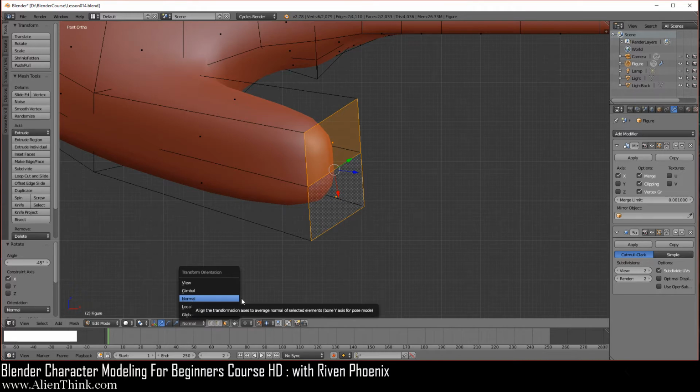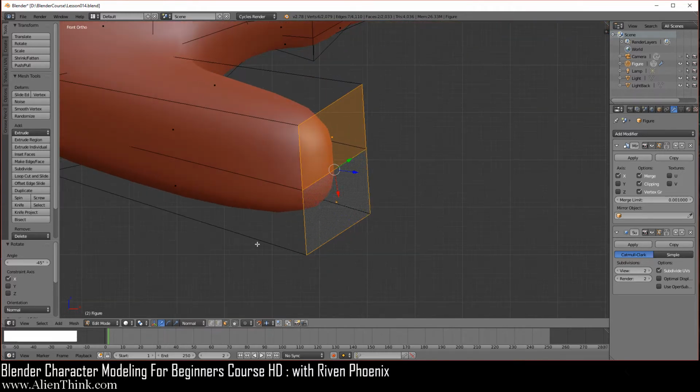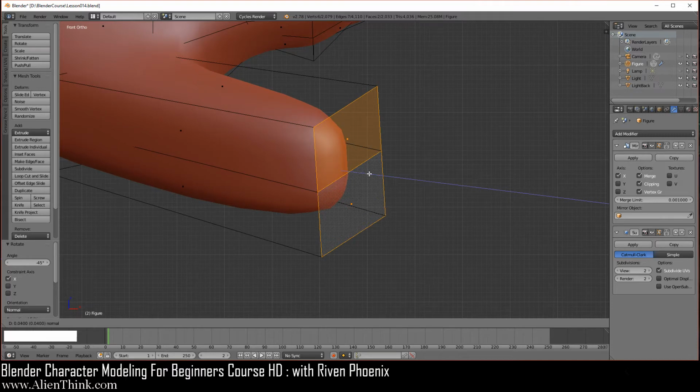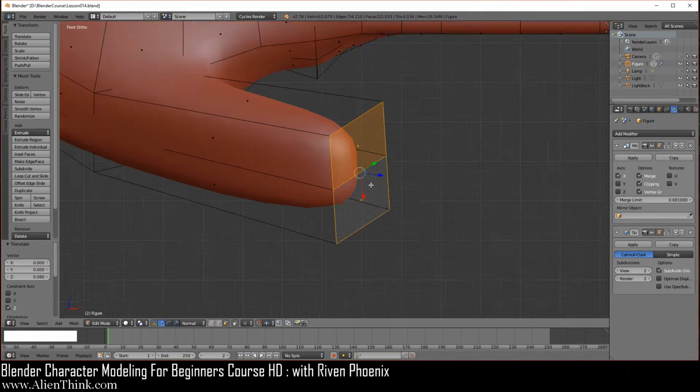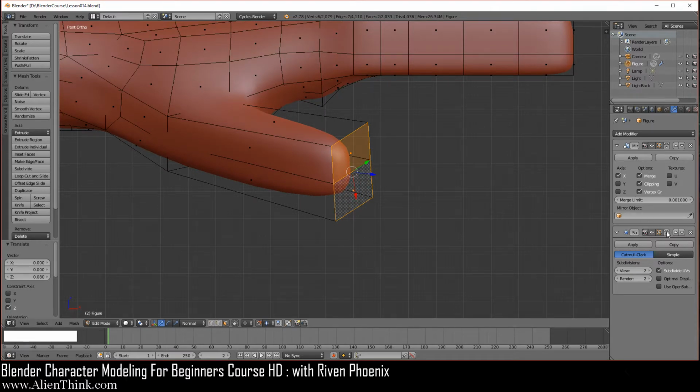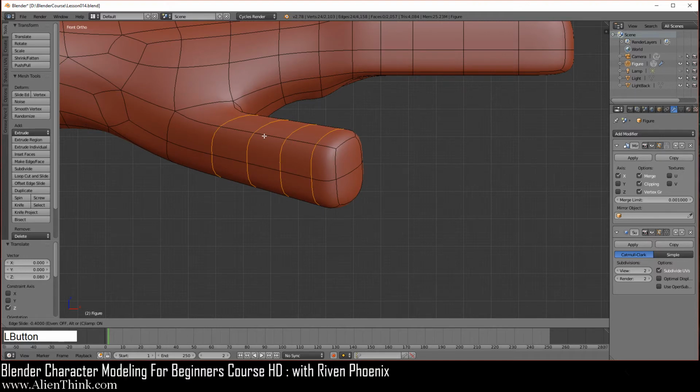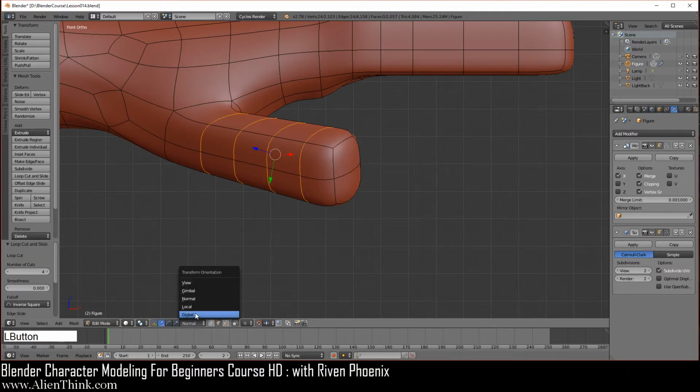Okay, so what we're going to do now, since we're still in normals, we're going to click on this blue arrow, and remember the small grid units over here, I'm going to bring it out 8 nudges. So it's going to be 1, 2, 3, 4, 5, 6, 7, and then 8. Okay, now we're going to go ahead and click this again to go back to the subdivision modifier. Control R, hover your mouse and just scroll your mouse wheel until you get these 4 edges. Left click and then right click. Now we're going to switch back to global.